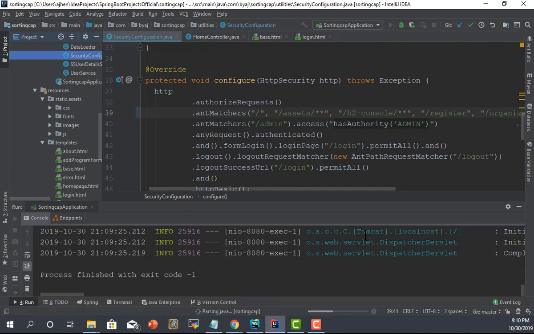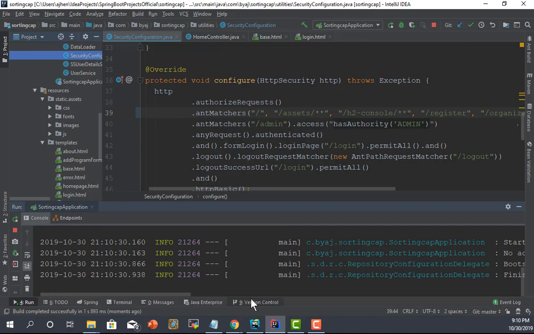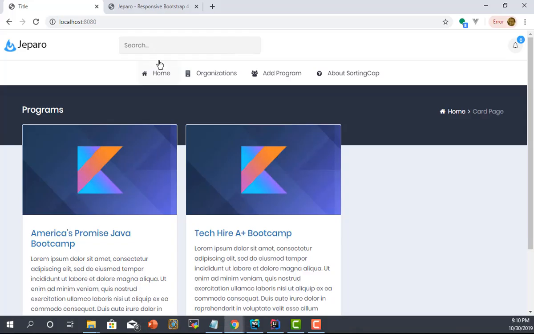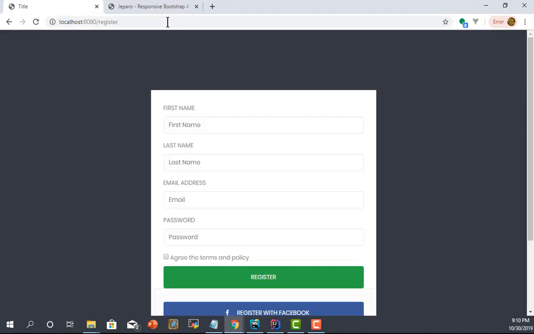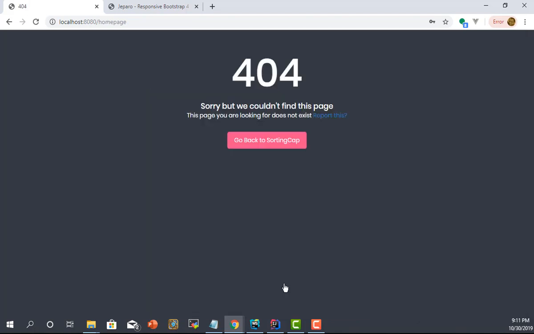Once I rerun it, we should be able to get back to our application even in a different browser, and we're golden. There's a couple more things we need to fix, I believe. Oh yeah, there was something funny when we signed off about the registration link. So once I go to register and then I create my account, AJ Henley, password is password because we're super safe, and we hit register,